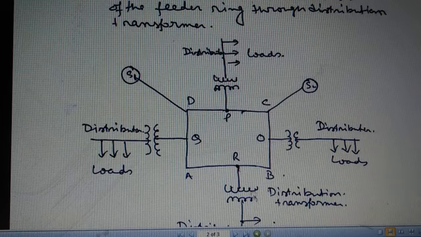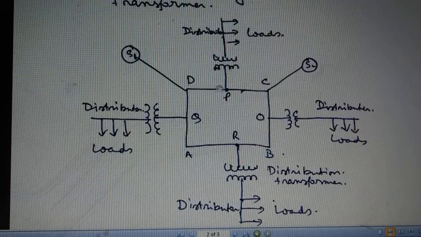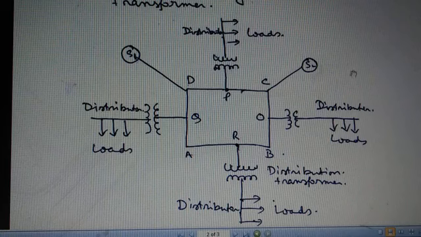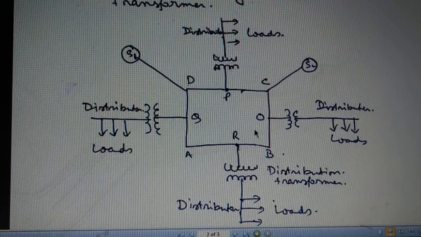The advantage of the interconnected or grid system is that the total system is connected with more than one power system. So here two power systems are connected: one is S1 and another is S2. If one power system or one transmission system fails, then the other system provides the backup for this network. So no complete shutdown will occur in the system due to the help of interconnections.